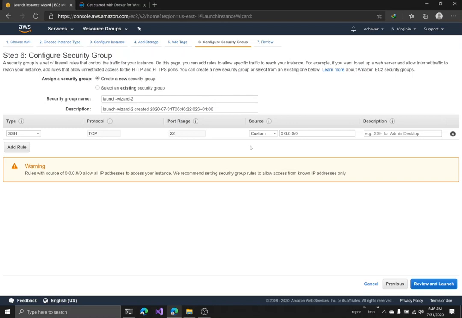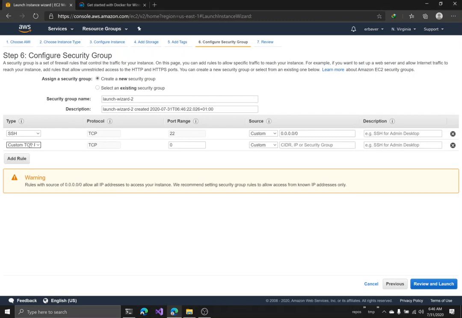This part allows people to access your computer, and you don't want to open your computer up to the cloud. You only need to open the ports that your application is going to connect to. For example, I'm going to create a custom TCP rule. I know that our application runs on port 5001, so I'm going to open port 5001. The source, I'm going to say you can connect to this machine from anywhere, so anywhere on the internet. And I'm just going to put